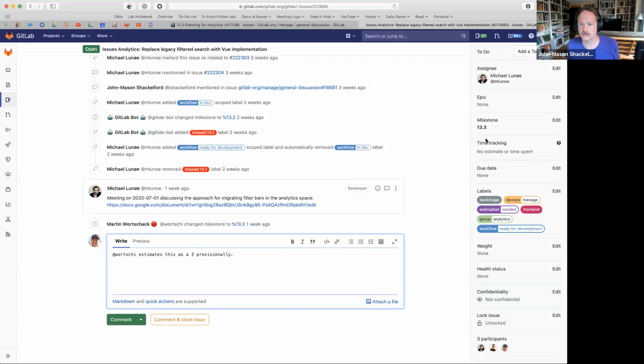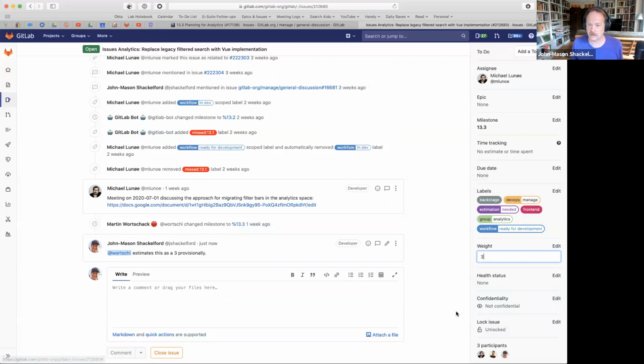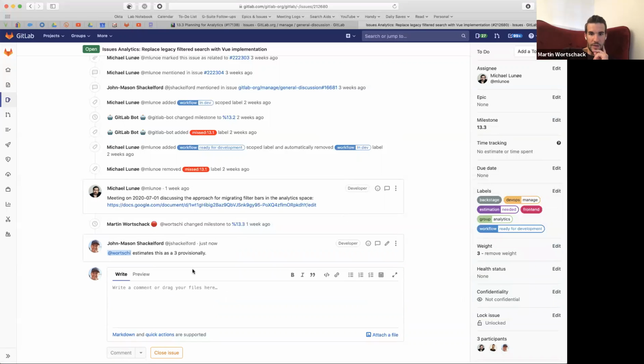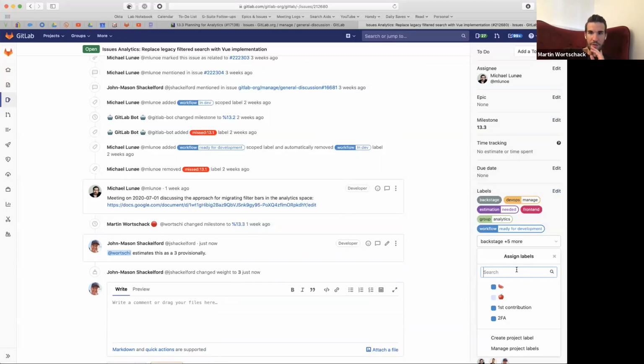All right. Let me just add that as a comment. We'll add the weight here and we can see what that does to our board. Then I guess we can remove the estimation needed label and it should probably show up in the right column, right? Yep. Perfect, thanks. No problem.